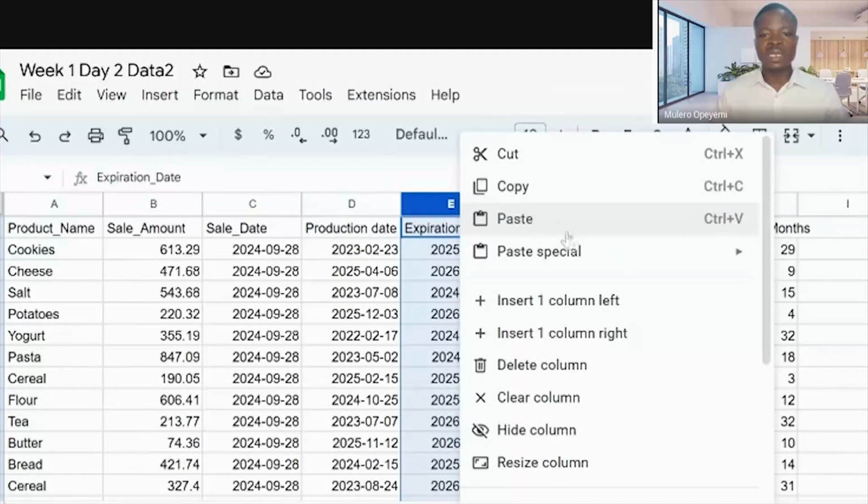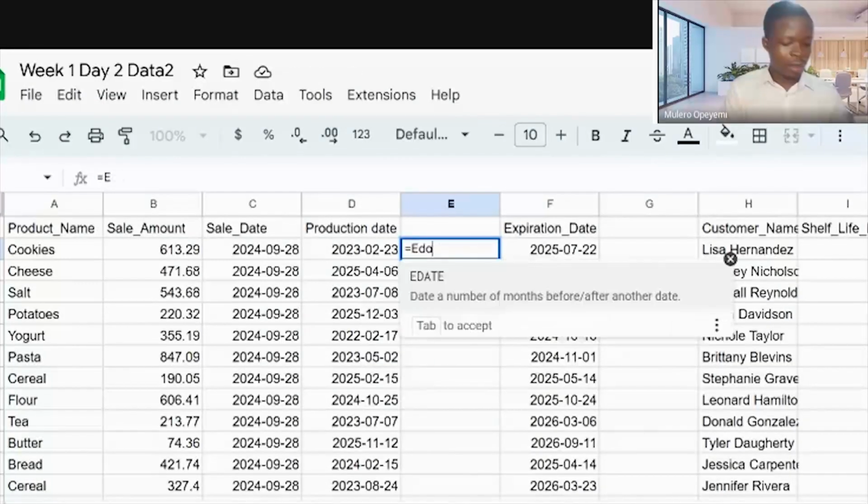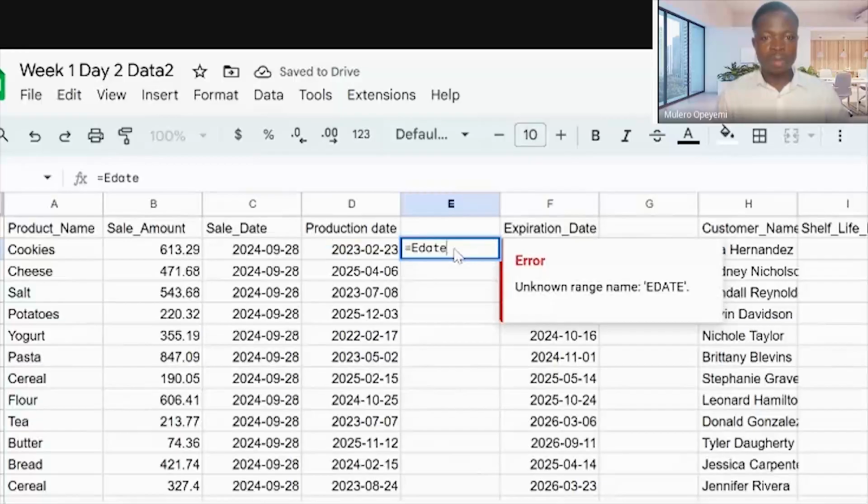I will insert a column there. So we have equals EDATE, select the production date.